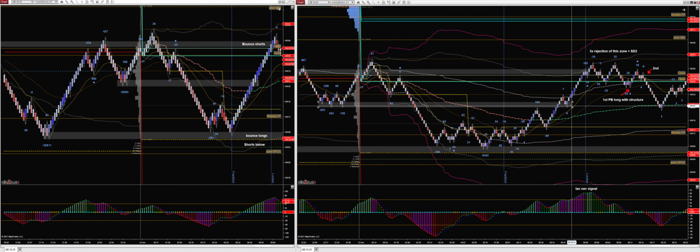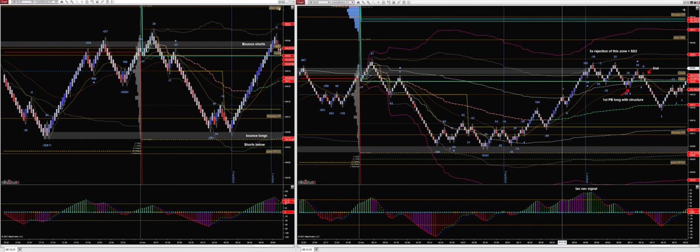This is a minor zone. You can even remove it if you like. Structure was going up, but I'm not really a Frankfurt trader. London came in. We see the standard deviation, and the structure is still holding. So I was long on this one. Retest of standard deviation. I'm gonna show you on my KISS chart,